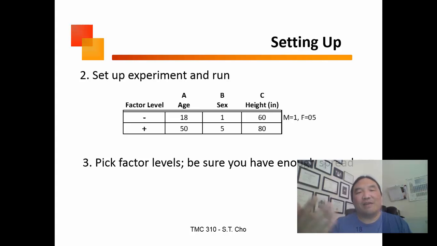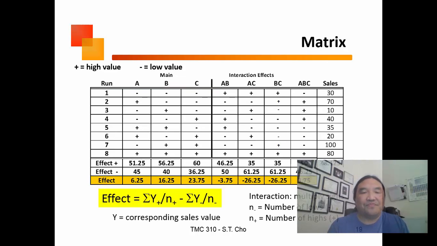So for age, I pick the edges of 18 and 50. The thing is, you want to pick levels where you have enough spread, but not so much that they go outside the bounds of what's reasonable. And then I run the experiment. So what I do is I ask people